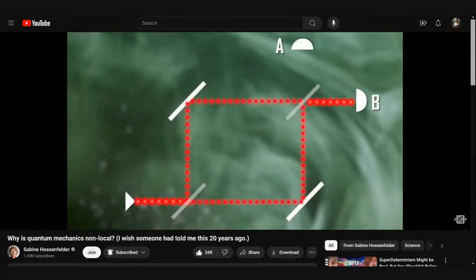does it work? Well, in quantum mechanics, the photon is described by a wave function, and waves can interfere with